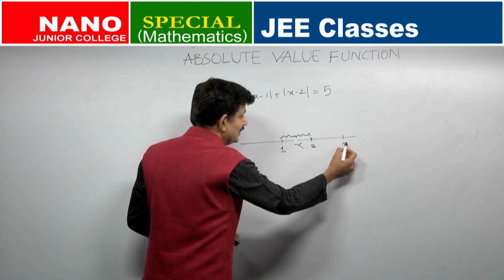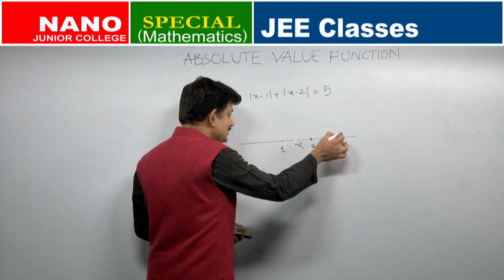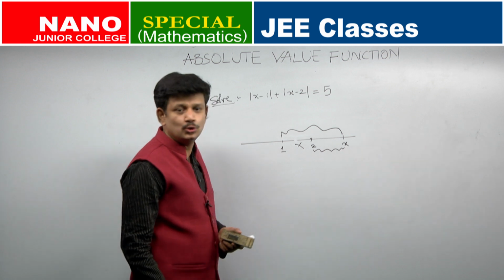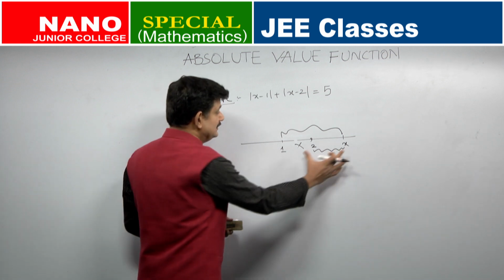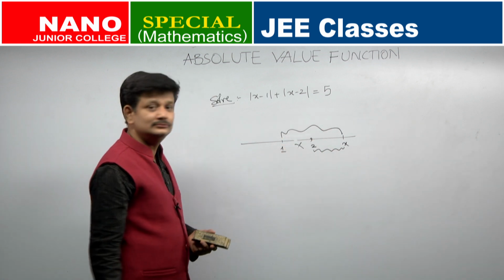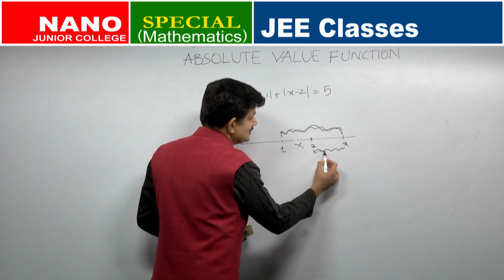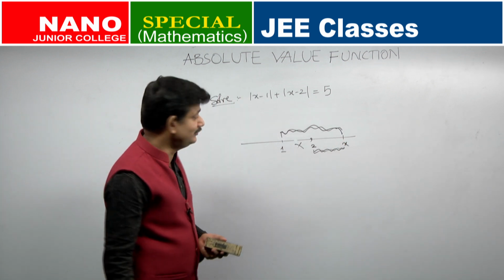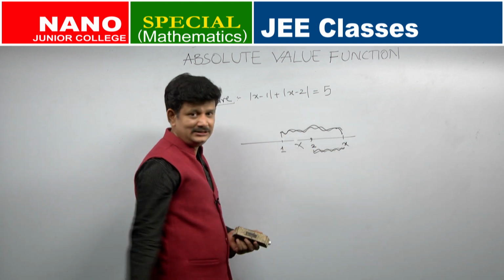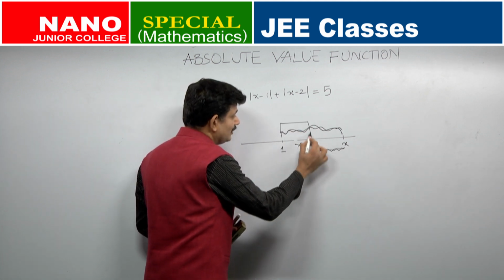Let me hunt somewhere here. I want a number on this side such that its distance from 1 plus its distance from 2 should be equal to 5. This distance plus this distance should give me 5. Is that clear? So, when I add this curved distance, the sum should be 5. In this, what all things you know and what all things you need to find? You need to find x, right, and you know that this part of the distance is 1.